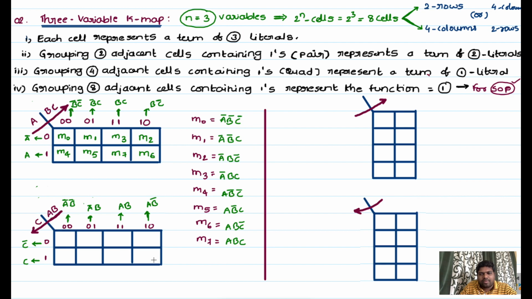Okay, already we know this is for sum of product. Otherwise I will mention here sum of product variable k-map. Here I am taking the number sequence downward, right? So first I will put 0 here and 1 here. After that you can take 2 and 3 should go here. First the 0 0 sequence, next 0 1 sequence, after that 1 0 sequence in our view, right? So first you fill this column, and after that you can fill this column.